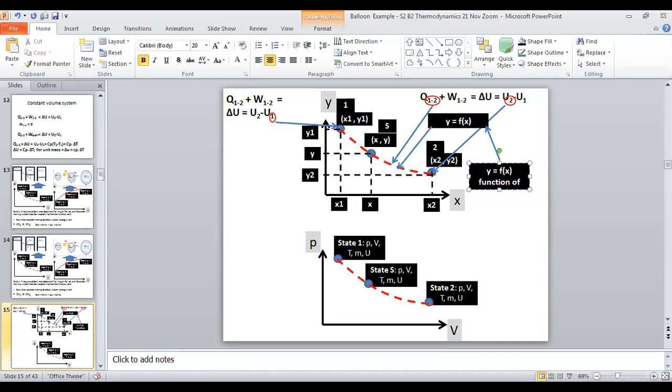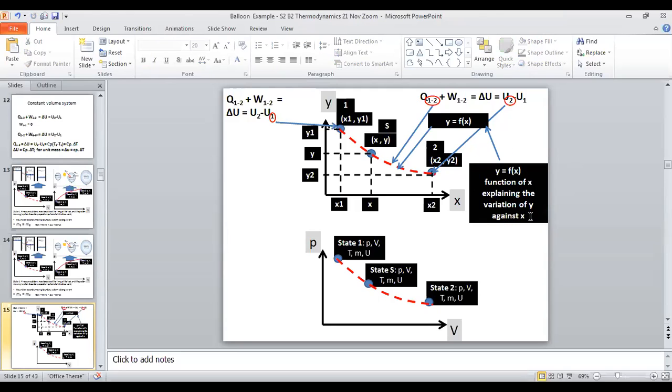Function of x explaining the variation of y against x or with x. Okay, so this is y equals f(x). Okay, the same way